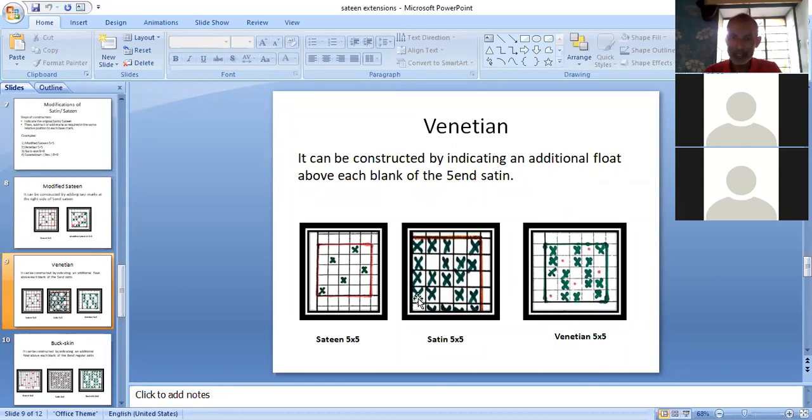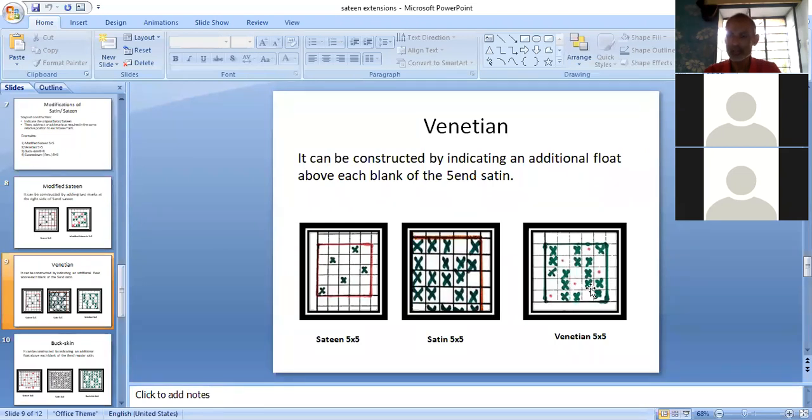जैसे यहाँ पर एक ब्लैंक है तो हमने ये मार्क रिमूव कर दिया, यानी कि ब्लैंक इज रिप्लेस्ड बाय क्रॉस, क्रॉस इज रिप्लेस्ड बाय ब्लैंक. यहाँ हमने एक एडिशनल फ्लोट और इंट्रोड्यूस किया, एक एडिशनल ब्लैंक इंट्रोड्यूस किया. सिमिलरली यहाँ ब्लैंक है तो जस्ट इसके ऊपर एक और ब्लैंक क्रिएट करेंगे. फिर यहाँ ब्लैंक है थर्ड में, इसके ऊपर एक और ब्लैंक क्रिएट करेंगे. फोर्थ में लास्ट में ब्लैंक है, इसके ऊपर भी एक ब्लैंक क्रिएट करेंगे. सो वी आर क्रिएटिंग एन एडिशनल ब्लैंक अबव ईच ब्लैंक. हर ब्लैंक के ऊपर अगर एक ब्लैंक और क्रिएट करते हैं तो दिस डिजाइन is known as Venetian design.